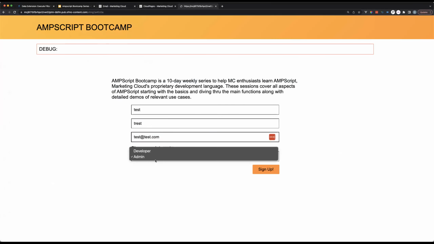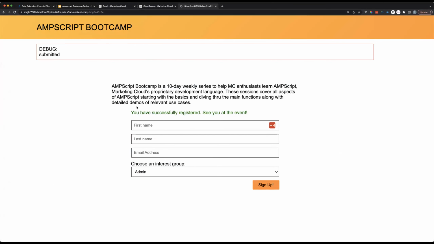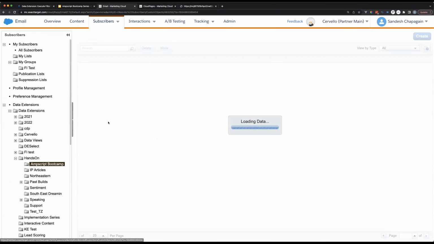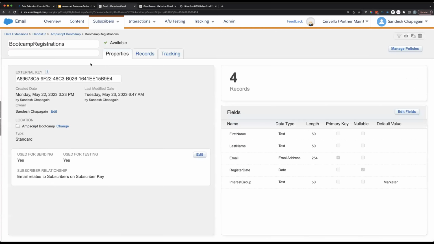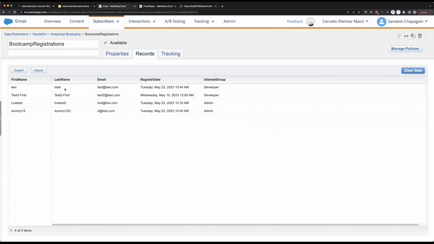Let's try to change that to, oh, marketer doesn't even exist. Change to developer and then sign up. It says you have successfully signed up. Now, if we go back and refresh this data extension, then we'll see that the first user has become a developer now, right? Which is great because it's updated.